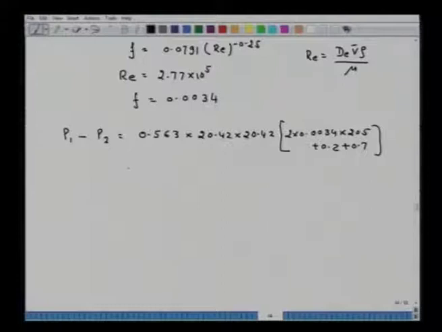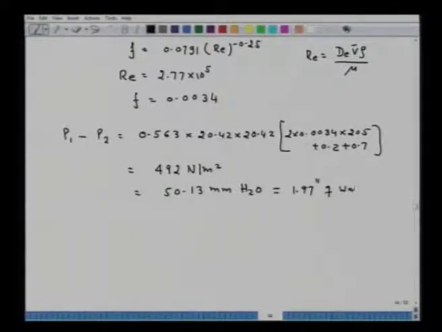If you solve it, you will be getting 492 Newton per meter square, and that will be equal to 50.13 millimeter water, and that is also equal to 1.97 inches of water. So, this is the answer as required. Now, in some of the places where I told you to calculate, please do the calculation and feel for the solution of the problem. Now, the second way to calculate